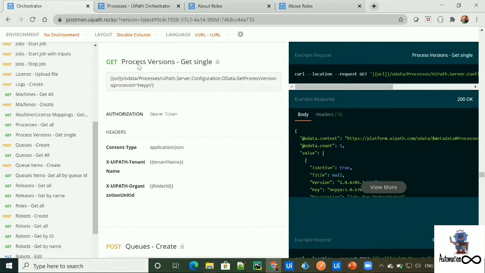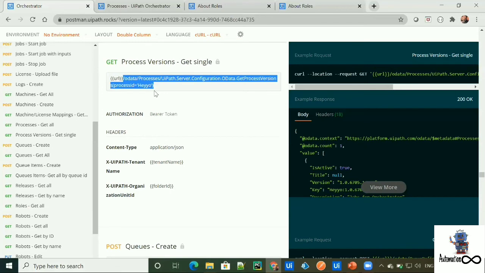I'll be referring to this API call to get the single process data. To get the data of a single process, the HTTP method would be get, and this will be the relative endpoint. So here, instead of process ID, we need to give the process name for which we want to fetch the data. Similarly, it doesn't need authorization, so no need to provide any token. And it automatically takes the tenant name, as the orchestrator is connected to our robot, so we don't need to provide any tenant name or folder ID, and it is automatically accessing our default folder. I have all the configuration under my default folder, so I'm not going to pass any folder ID.